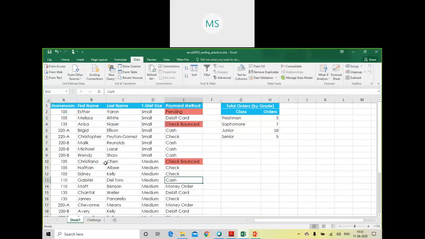Instead, think about on which particular column you have to perform the subtotal operation. I can see that I have T-shirt size and payment method. These two things can be counted.